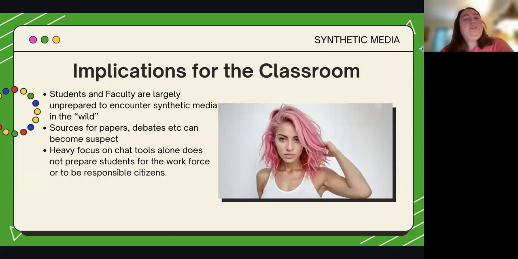So then we get to implications in the classroom. I personally think, and I know this was the situation with me early in learning about this, that students and faculty are largely unprepared to encounter synthetic media in the wild. Sources for papers, debates, etc., can become suspect, especially when those sources are image or video based. I had a student in a history class who was doing a presentation on the